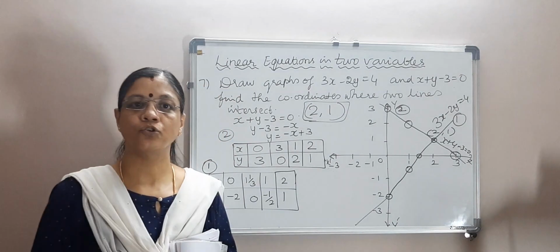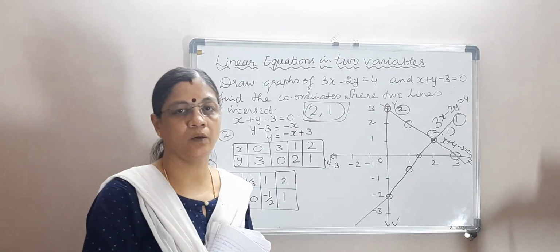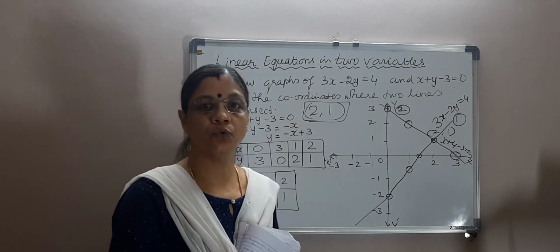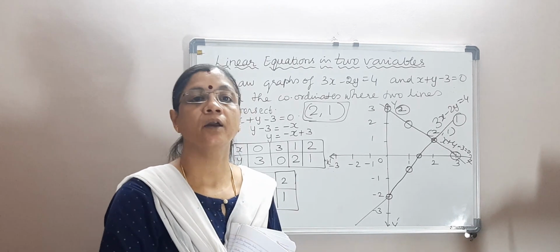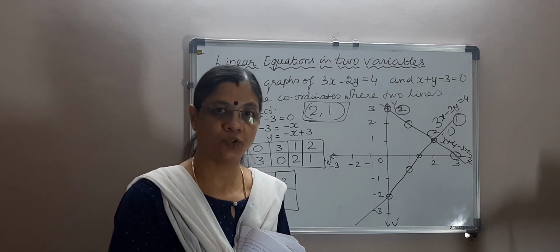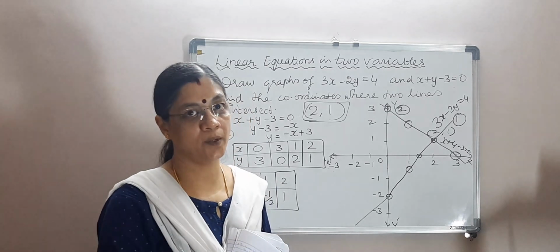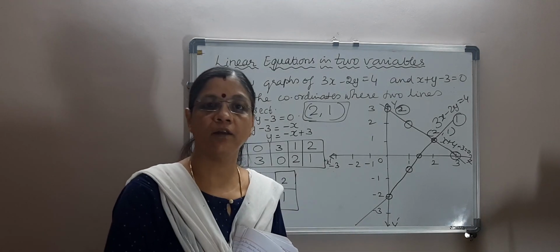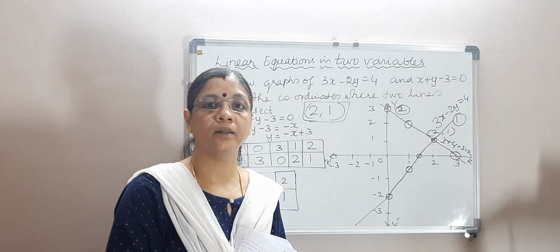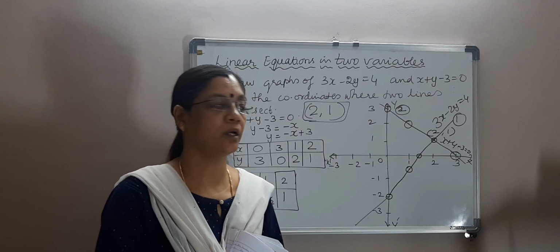Do you understand how we draw two lines? And this shows when two linear equations are given in two variables, we can solve them and we'll get a solution. We'll get one single solution. Whereas if one linear equation is given in two variables, there are infinitely many solutions, I told you, isn't it? But when there are two equations, we can represent them as two lines, and if the two lines intersect, they do have a common point, and that is the solution of these two equations. 2, 1 is the solution for both the equations.